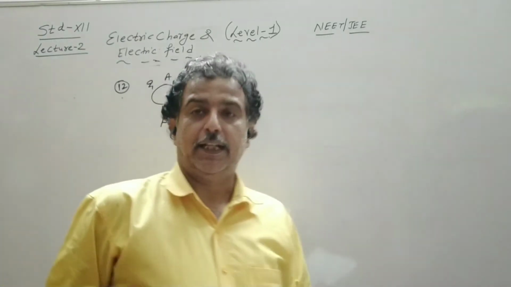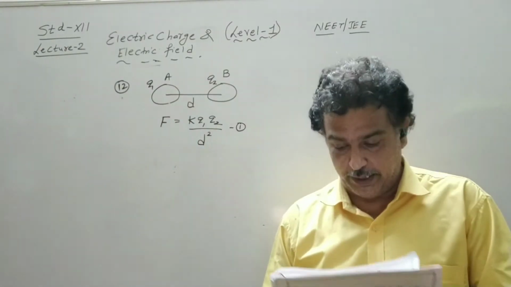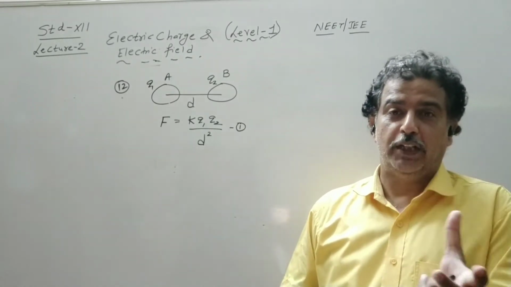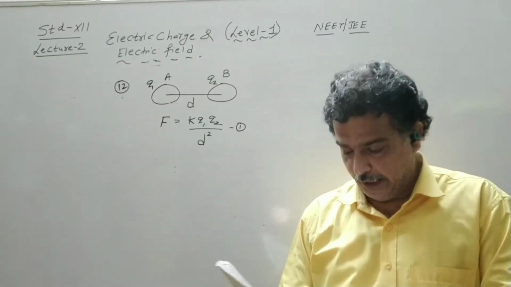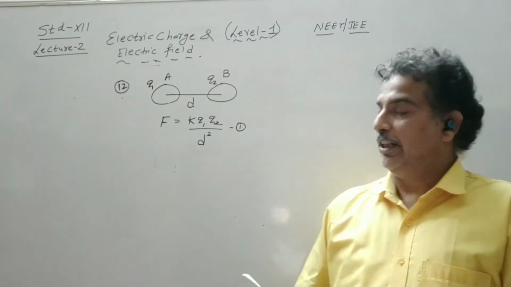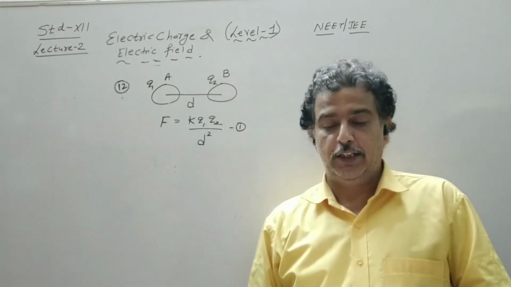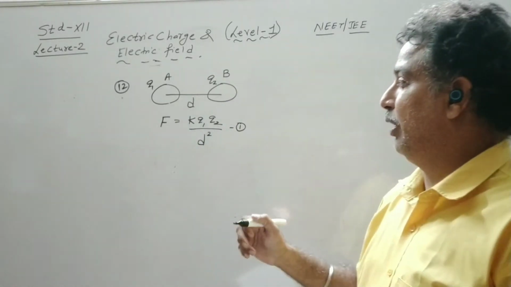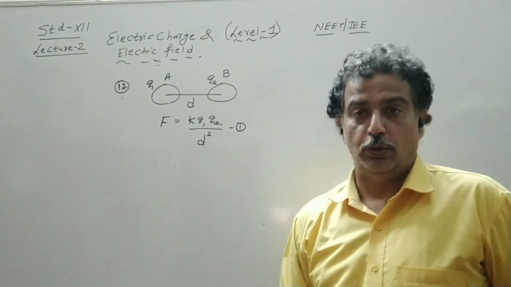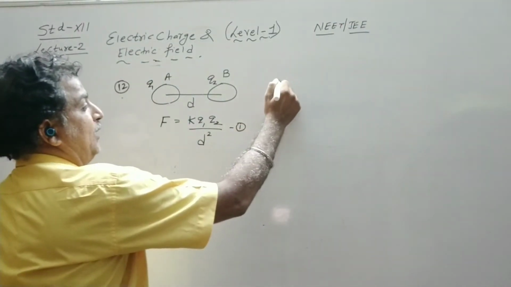Now both the spheres are kept in contact with each other and they are taken to the original separation. Now the two spheres repel each other. So the two spheres which were attracting start repelling now with a force whose magnitude is equal to that of the initial attractive force. So magnitude remains the same. We have to find out the ratio of the initial charges Q1 and Q2. Now see, when both the charges are kept in contact with each other.